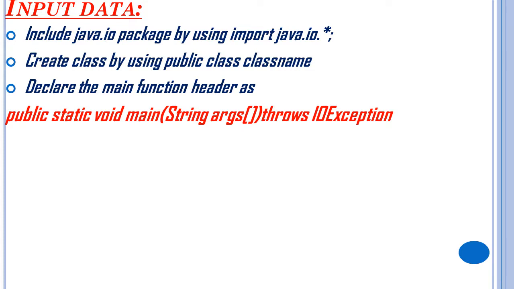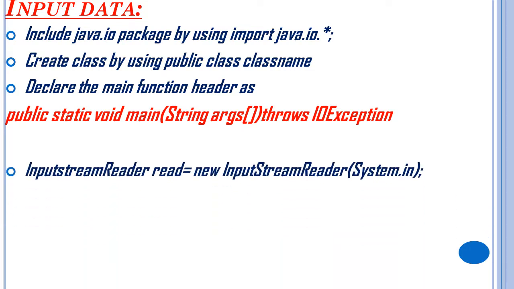Next is throws IOException. Why do we need to write this one? Because while typing or while executing the program, sometimes even if the syntax is correct and everything is correct, the system may show an input output error. Those errors need to be removed, right? Those errors will be removed if you are using throws IOException, meaning those errors will be removed from the program. Next, after this main function, we will open the flower bracket.